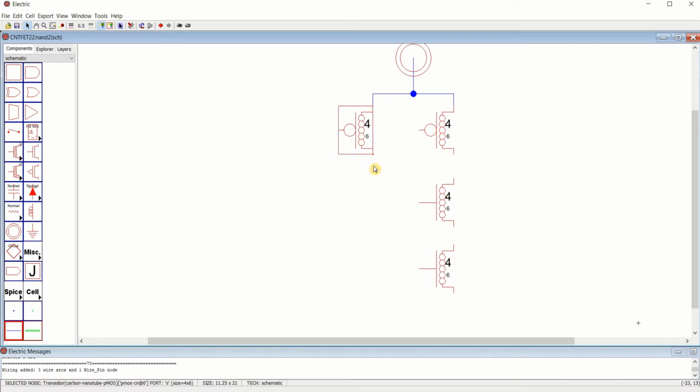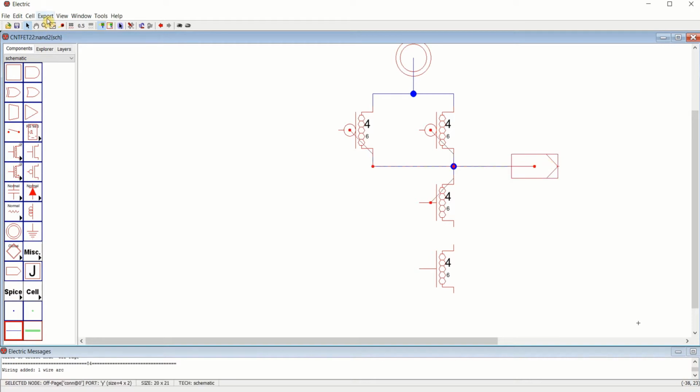Similarly, connect the drain to drain. Place the off page node. Make the required connection. This off page node will act as an output node.